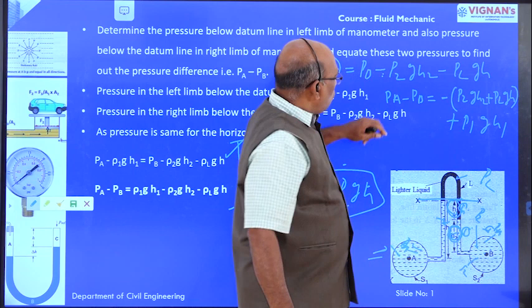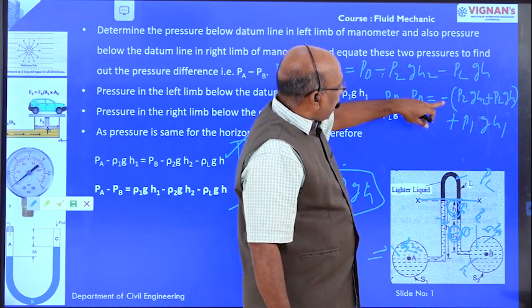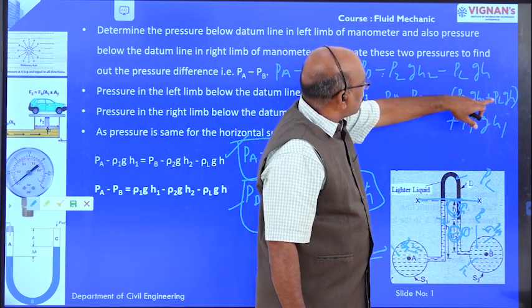Right, now PA minus PB is equal to minus of rho 2 G H2 plus rho